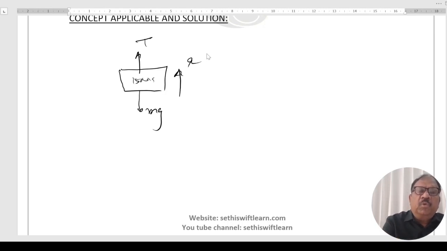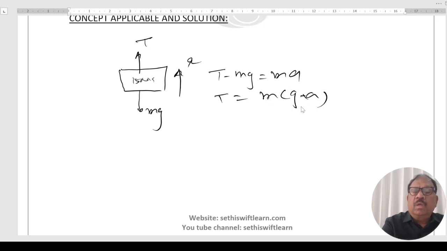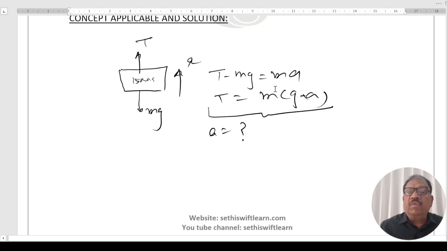As motion is upward, so tension will be dominating: T minus mg equal to m into a. T will be equal to m(g plus a), right? Now we can find out T in the three different cases if we know the acceleration. To know the acceleration, now in graphical questions,